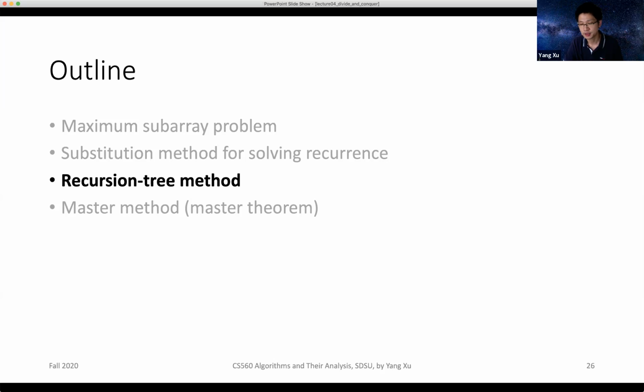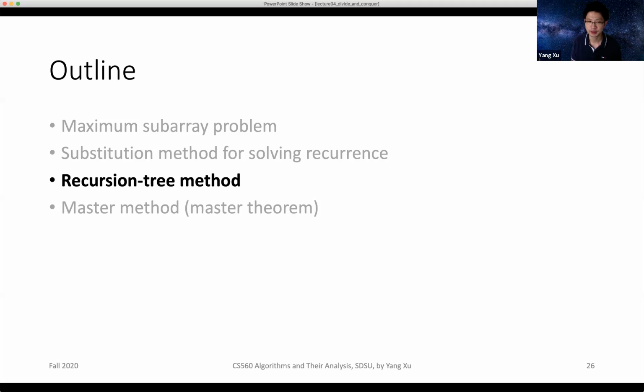For example, we know that for the merge sort, the recurrence looks like T of n equals 2 times T of n over 2, plus some linear time function. That sort of recurrence could provide some hints to other types of recurrences in similar form. But the problem is that it is not always the case that we come across